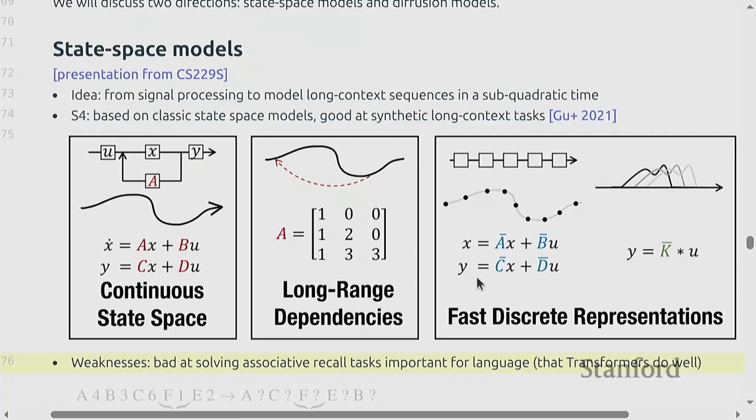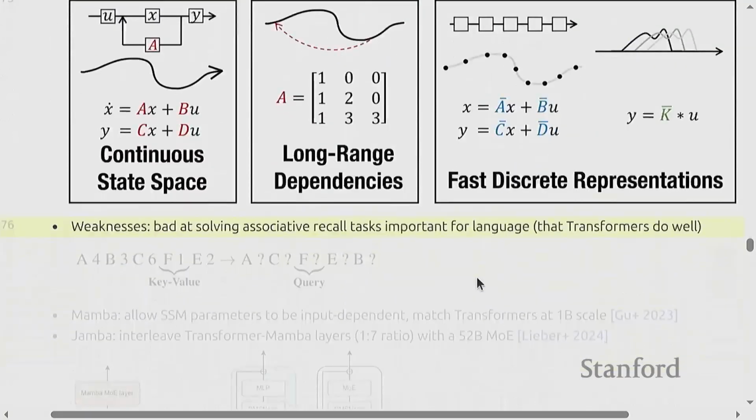So in a series of papers, they identified a set of synthetic tasks that captured the essence of why these models weren't working well, and that's basically these associative recall tasks. So here's a synthetic task where you're given a sequence of key value pairs, and the goal is to look up the key and output the value. In some sense, it's logically a trivial task, but it's a long sequence because I can have a lot of key value pairs, and I'm going to have to look far back.